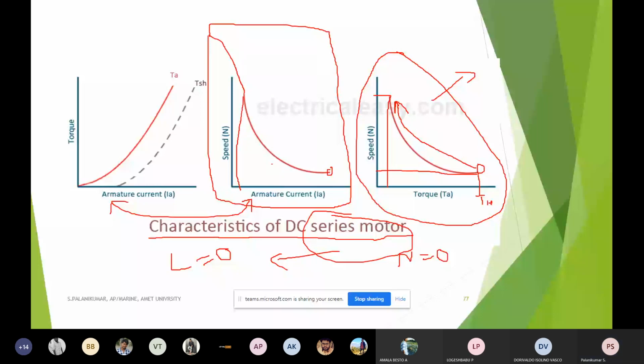the armature current is reduced also. Very often we are braking, coming to a standstill position, then once again moving the vehicle with speed. For those applications, it was very much suitable. The only problem is that, as a DC motor, it needs brushes, carbon brushes, and a commutator arrangement, which has to be neatly maintained. Very often we have to clean it, and the carbon brushes also have to be replaced. So this is a disadvantage.